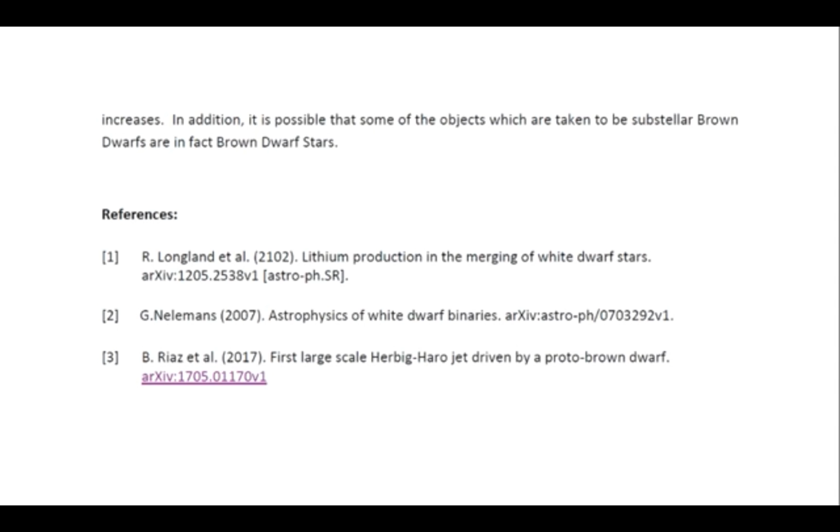fact brown dwarf stars. This is Dr. Claudia Albers, Planet